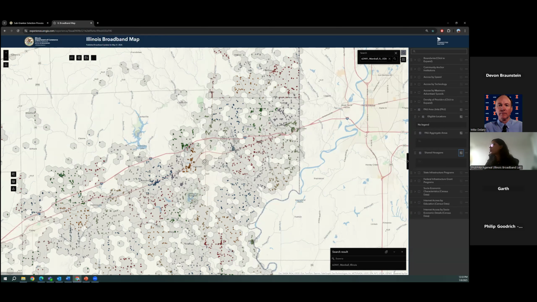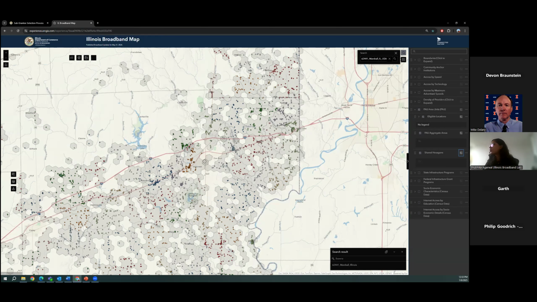As we zoom in, these are all of the locations that have been determined as eligible for BEAD funding after the challenge process results were incorporated. And then we also have CAIs. So we have different symbols depending on the category of CAI that they fall into. These locations have been color coded based on the PAU ID. So for this example now, I'm going to just select one